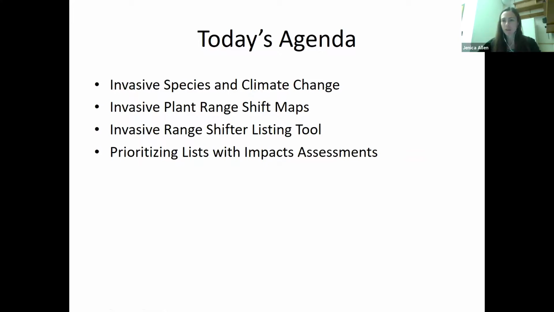Quick roadmap of where we're going. We're going to talk briefly about invasive species and climate change, sort of frame the issue that we're talking about today. Then transition specifically to the new tools that both Bethany and myself have been working on. The first of those is looking at range shift maps for individual species. So where in geographic space might we expect currently established invasive species to show up in new places as climate